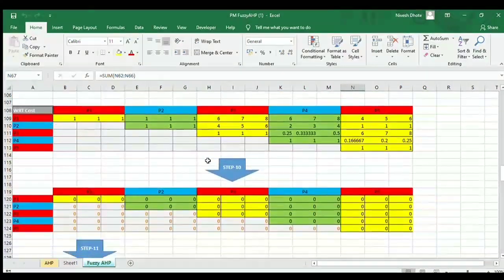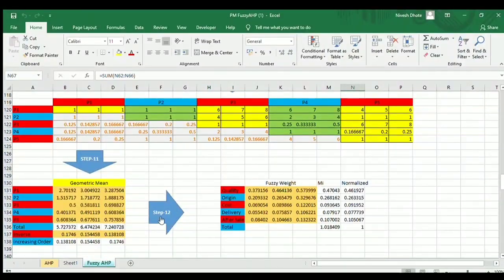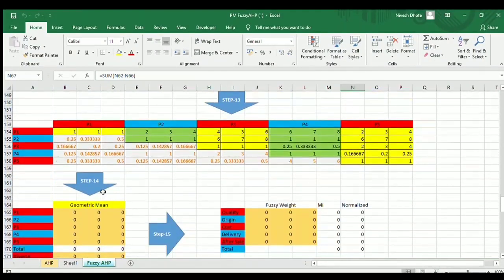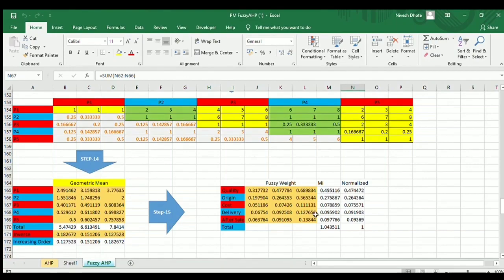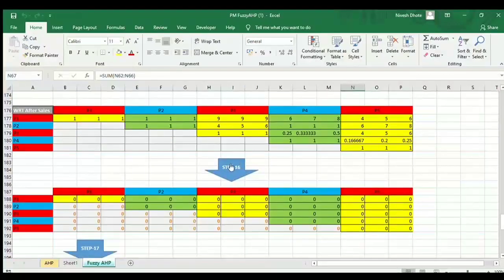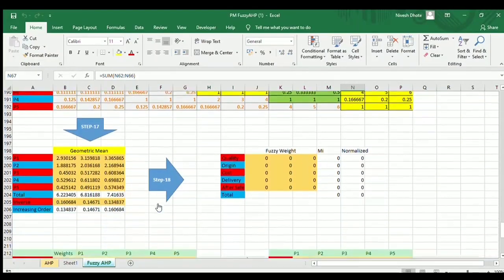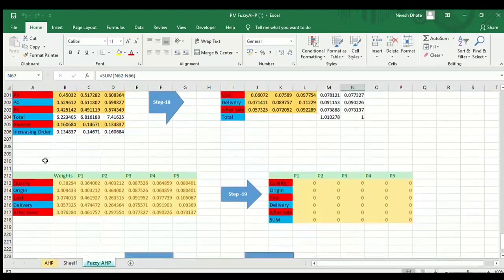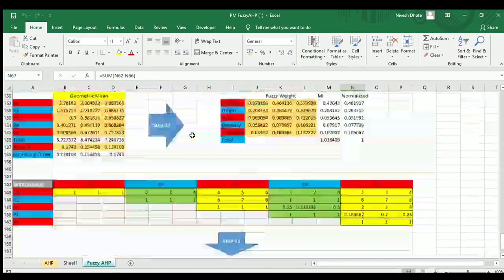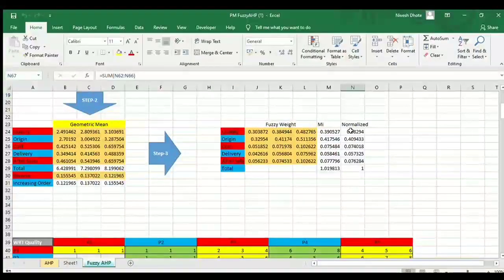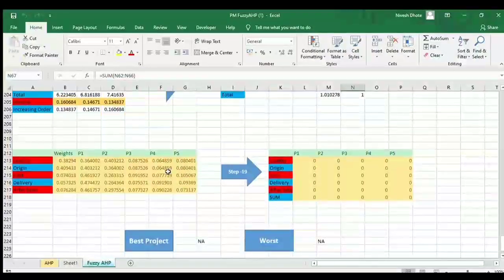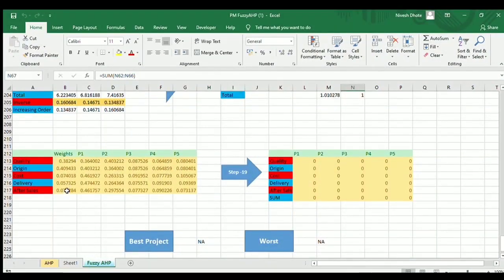Now, with respect to cost, we do the same. Similarly, with respect to delivery. And finally, with respect to after sales. After sales means the services that we are providing. Now we have the weights of quality, origin, cost, delivery, and after sales from the first 3 steps. So here are the weights of the quality, origin, cost, delivery, and after sales. As we can see, 0.38294. So we wrote down all the weights.